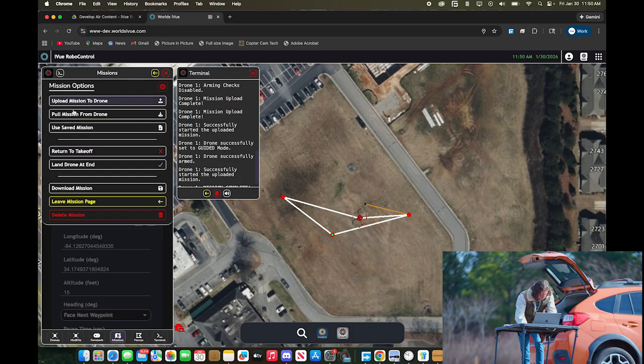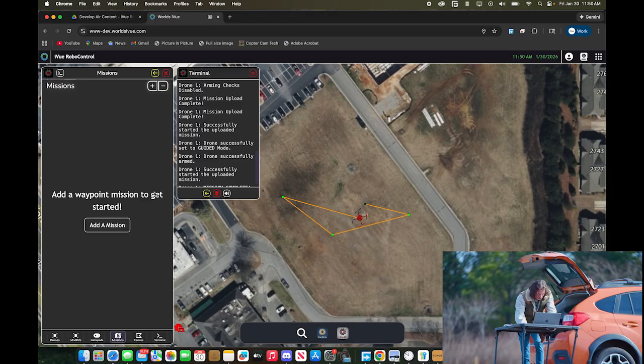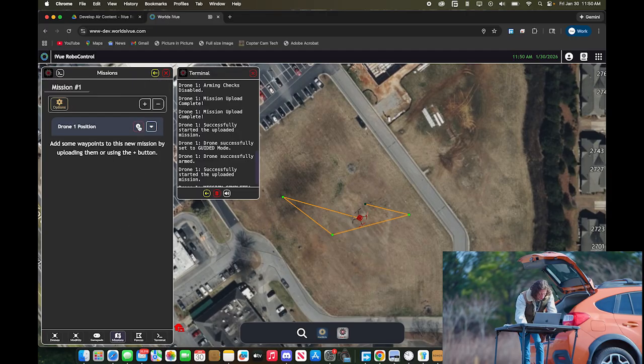So options, we're going to delete mission, add a mission, and let's go ahead